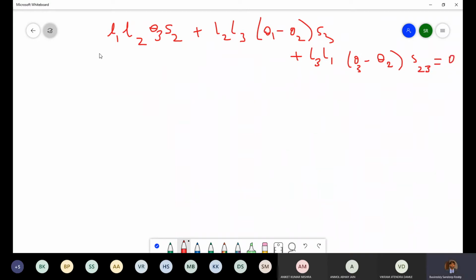This is the third expression when you calculate what happens when that determinant is 0.